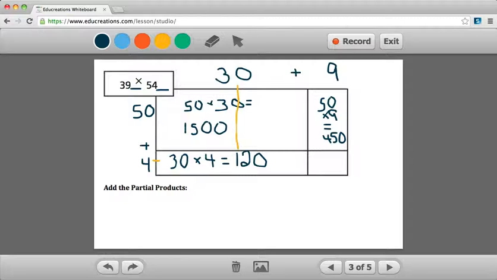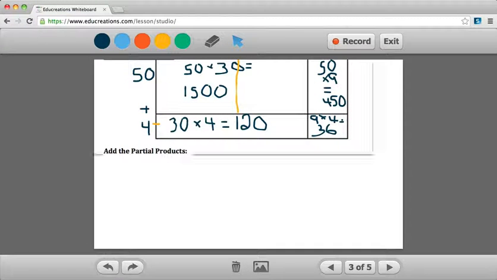And then we go over to the last one, and what are we going to multiply here? You're going to run over 9 times what? 4. Good, which is equal to 36. So now we have four what? What are these called? We have 1, 2, 3, 4 partial products. So we have 4 partial products, and now we want to take those 4 partial products, we want